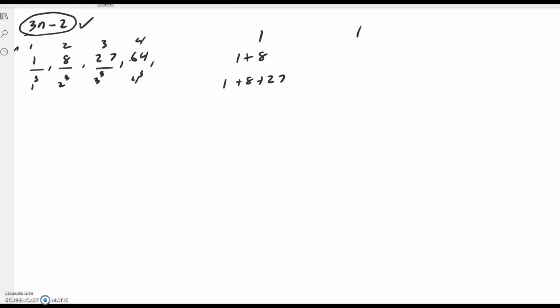And over here, I'm going to square the 1 for no good reason. Then I'm going to add 1 and 2 and square that, and I'm going to add 1 plus 2 plus 3 and square that. And so if you continue this pattern,